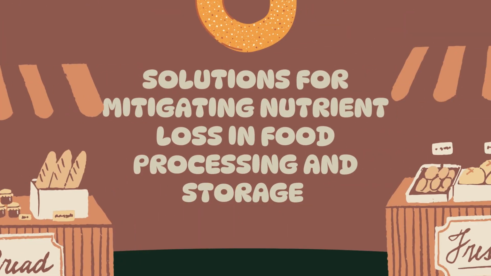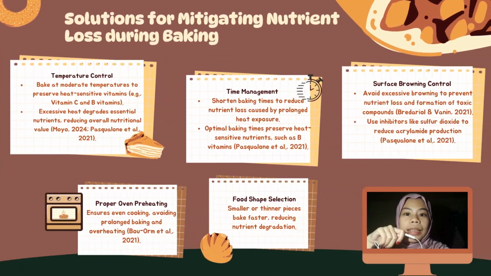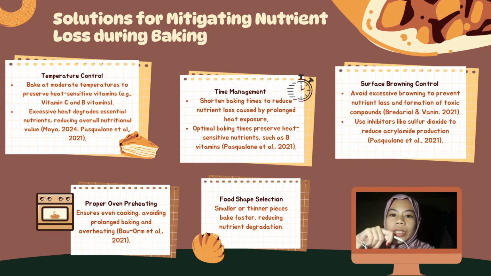Good day everyone. Today I will discuss effective solutions to mitigate nutrient loss during food processing and storage in baking. Let's start with food processing. To retain nutrients during baking, temperature control is crucial. Baking at moderate temperatures helps preserve heat-sensitive vitamins like vitamin C and B vitamins, which are prone to degradation at high heat. Similarly, time management is essential, as shorter baking time minimizes prolonged exposure to heat, further preserving